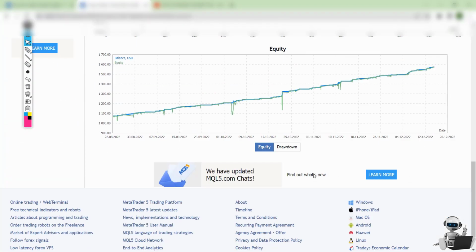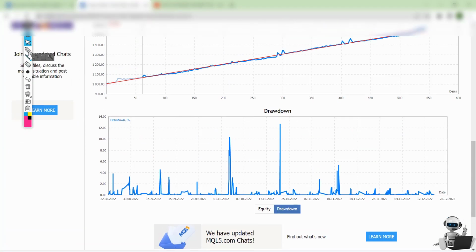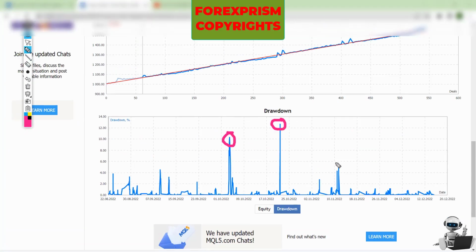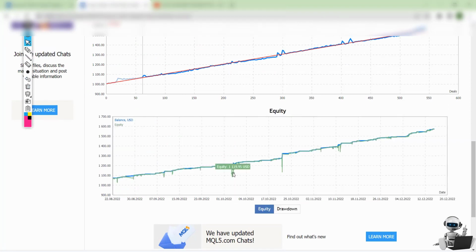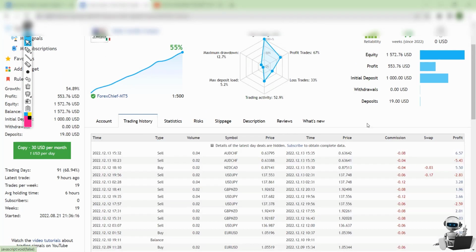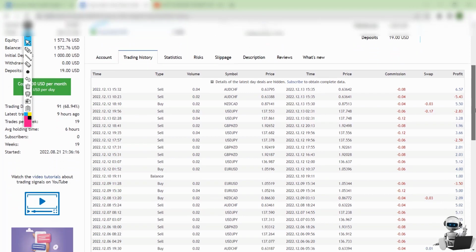However, for the drawdown, as I said, you might have some peaks of drawdown because of grid and semi-martingale. Sometimes you can see the drawdown will happen, and you have to get used to it, because some people don't like this type of EA, because we don't have a strict stop loss. It's not going to be a one-shot trade where you either close it at take profit or stop loss. So that's why this EA might be a little bit